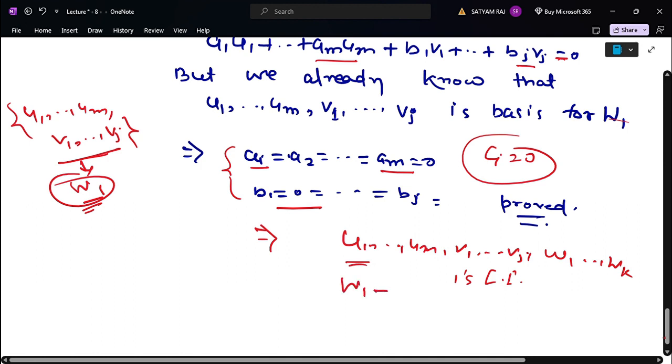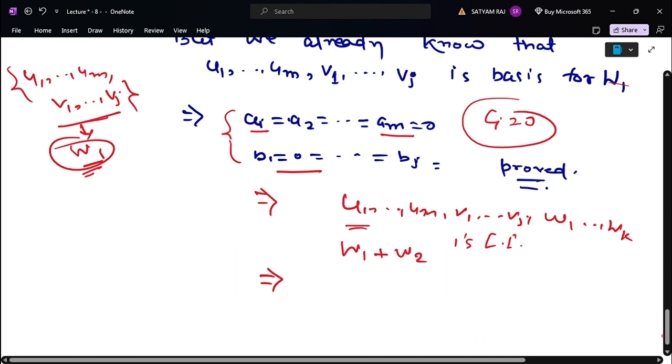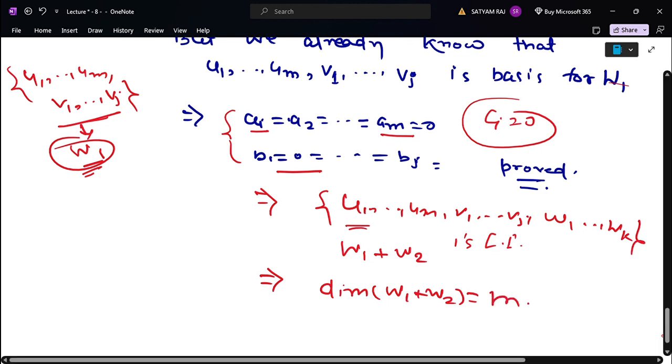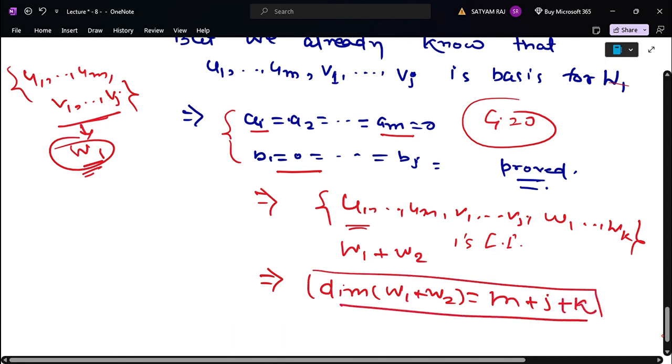And it was a spanning set of W1 plus W2. Yeah, this will imply that the dimension of W1 plus W2, and dimension means cardinality of basis, is M plus J plus K, and that is what we were required to prove. Okay, so we have